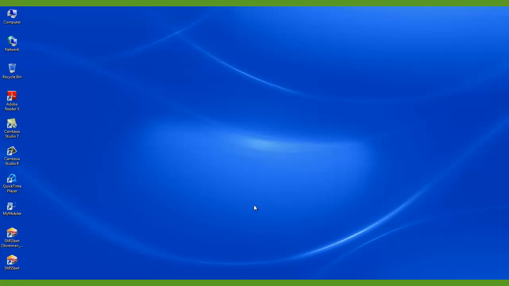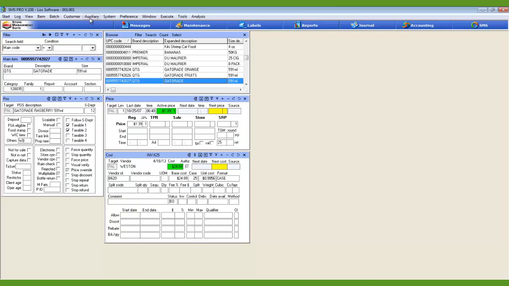Today we're going to take a look at how to put items on back order for a particular vendor. Out of the box, this is not configured, so there are two settings that we have to set in order to enable this functionality. The first one is our vendor, so we'll go into SMS Pro, we come to Auxiliary,